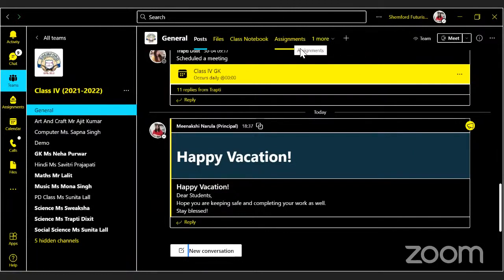Actually, there are two options. One is official ID, one is personal ID. And in official ID, the free of cost one is called A1 licenses. Initially, when we started our classes in the month of March 2020, we started with A1 licenses that were free of cost. Right. Okay. So they said you will be able to use only till the month of October. Then you have to switch to the paid licenses. Then we go for the A3 version, that was the paid one, and we are using Office 365, right?